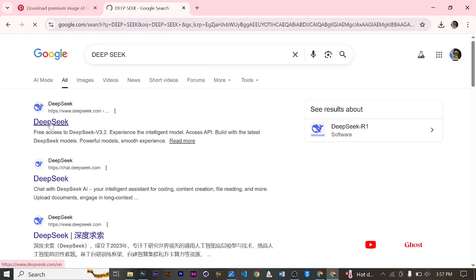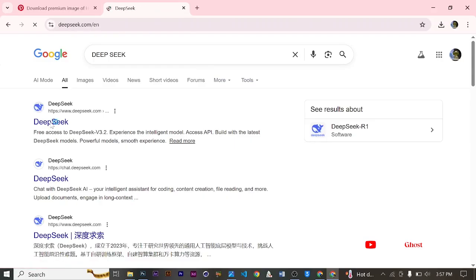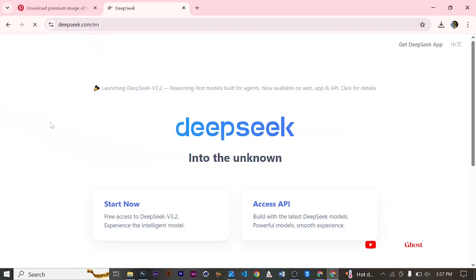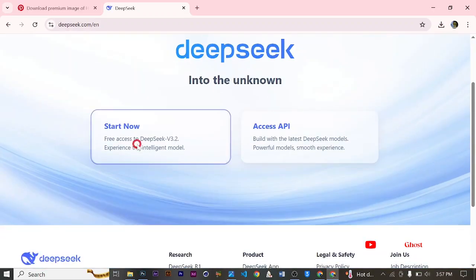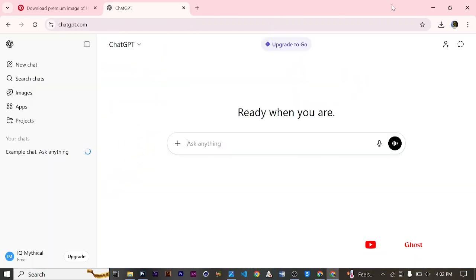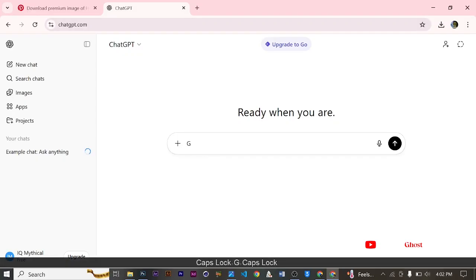So DeepSeek, start now. Okay, so DeepSeek is not giving us access, so let's use ChatGPT, and so let's give it the prompt: